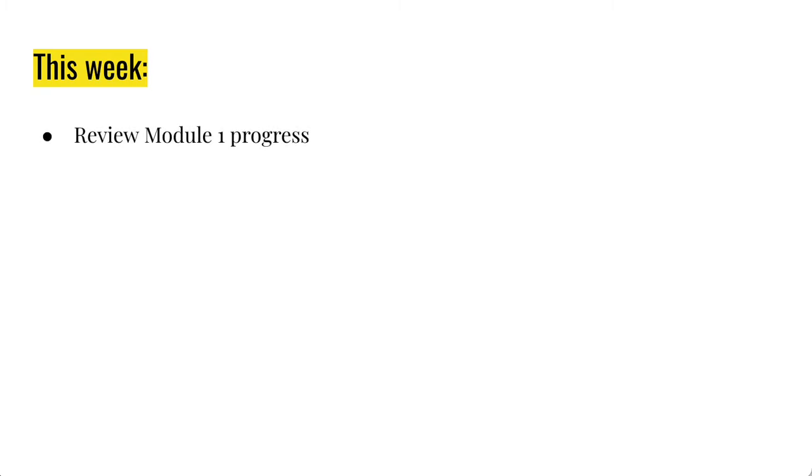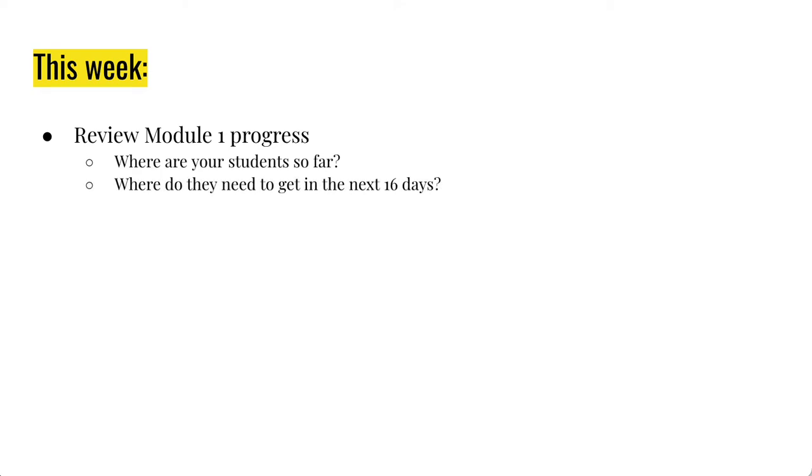So what we're going to do this week is look at how Module 1 is going in terms of pacing, where are your students, and where do they need to get in the next 16 days, and then using that information and that reflection from this second step to streamline Module 1 to make sure that your students are able to access the EOM and you're able to get good data from it, as well as those FQTs,